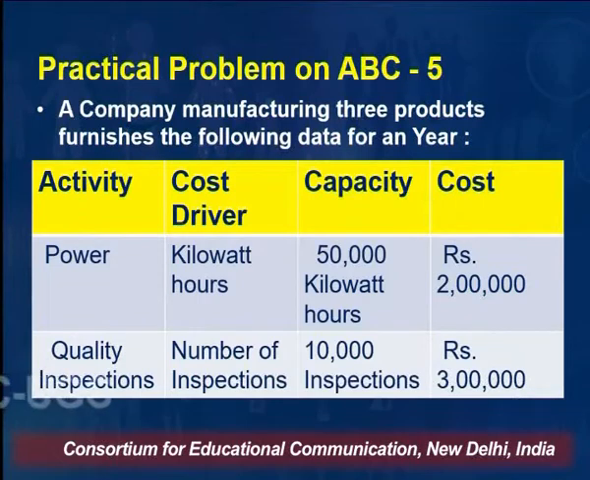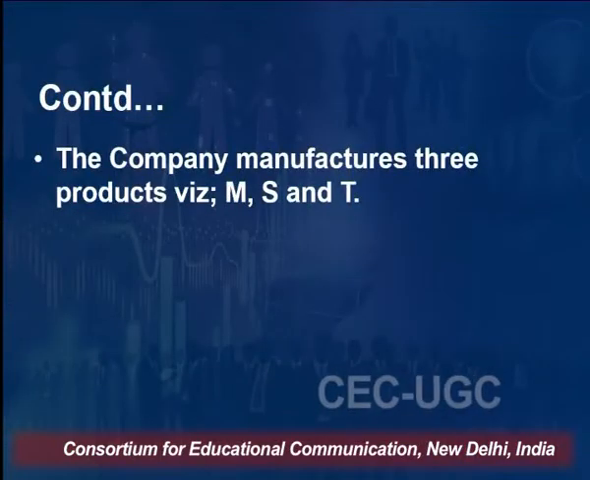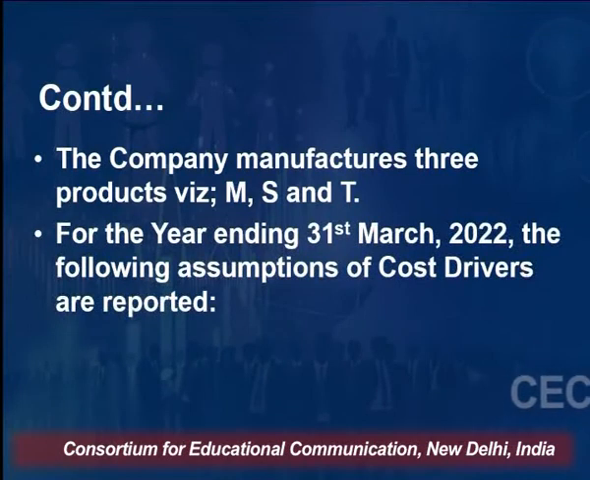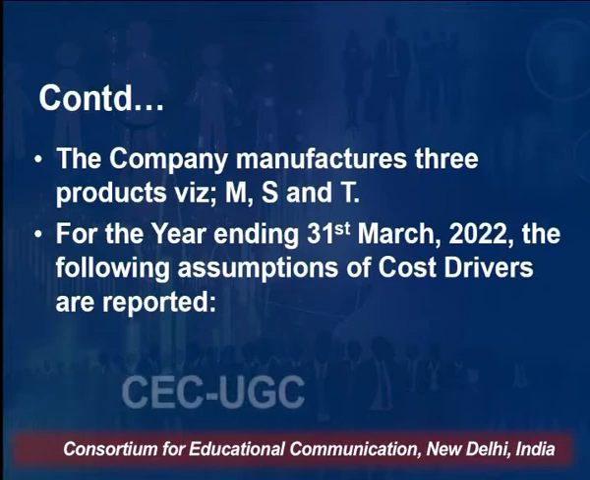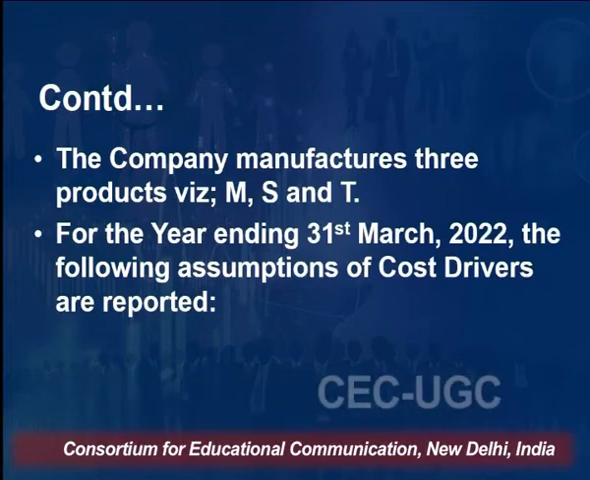lakh. So this question is slightly different from the previously discussed questions, where we were provided with the cost of material, labor and overheads, we were provided with the machine hour, and we were asked to allocate those overheads to different types of product. Here the question is offering us activity, cost driver, capacity and cost. And further they are reporting that they are manufacturing 3 products, namely M, S and T, which is called MST. And for the year ending 31st March 2022, they are having some assumptions of cost drivers, and